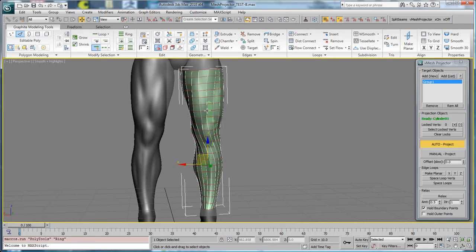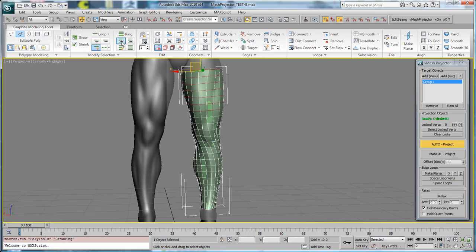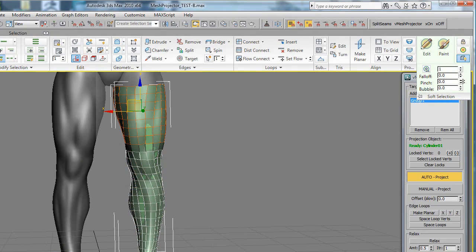But you can fix that, and the way you might go about doing that, there's probably numerous ways, is to select that loop up at the top, and we'll grow these rings down a little bit, the ones that are definitely off. And then about here it starts to twist over, so maybe we'll go into a soft select mode, pull our falloff down,